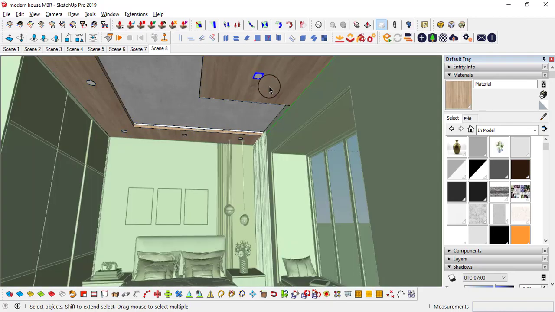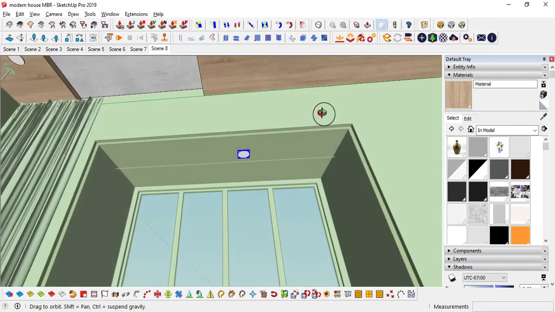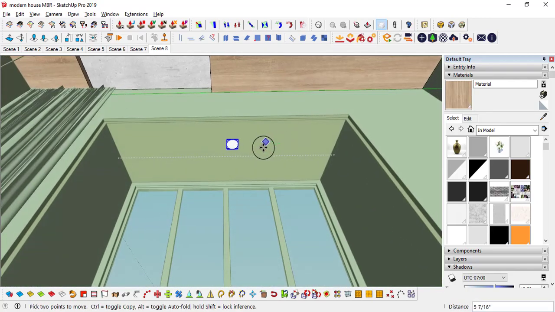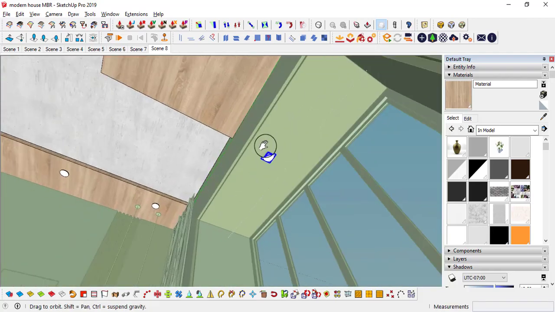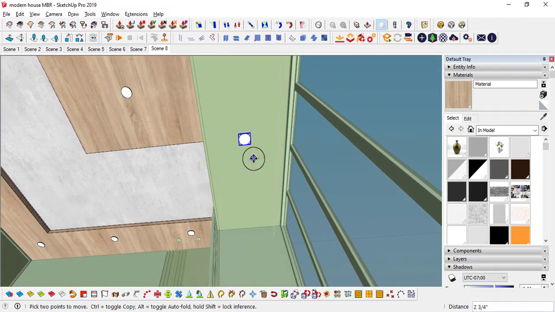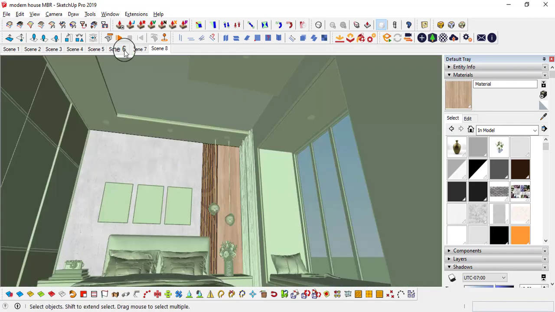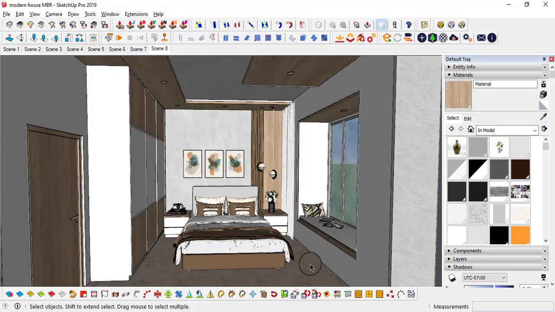I'll see one light on here. In the mornings, we can use this sit out. If you want to use it at night, you need a light source over here. So on the center approximately I have copied this light, and I want to make this flooring a wood flooring and a carpet over here.